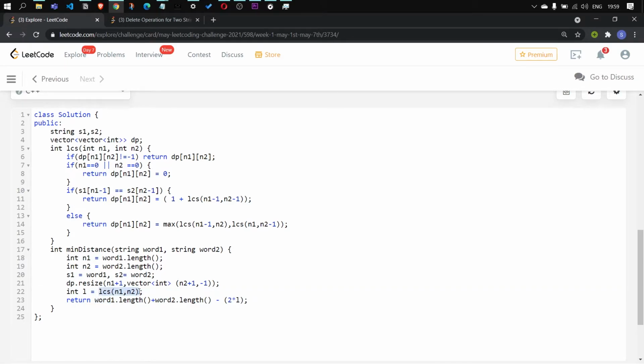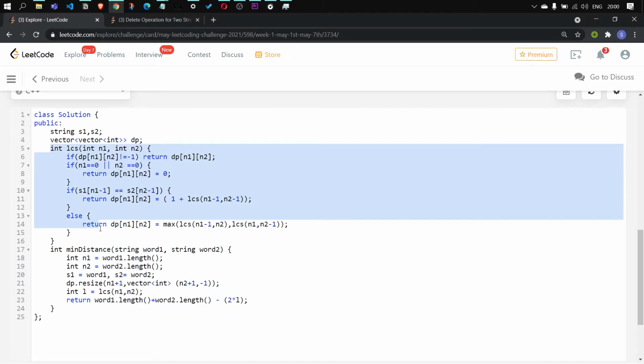Now let's see what this function is basically telling us. Consider word1 and word2 as they were defined as global variables. We have no problem in passing them. We can simply pass the number of characters we're considering. So this function requires that we pass the first n1 characters and the first n2 characters, and you are asking the function to tell me the longest common subsequence. You are considering the first n1 characters in the starting, that is the whole string, and the n2 characters, that is the whole string of word2, and you are asking it to return the length of the longest common subsequence.